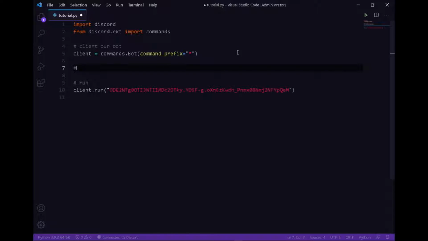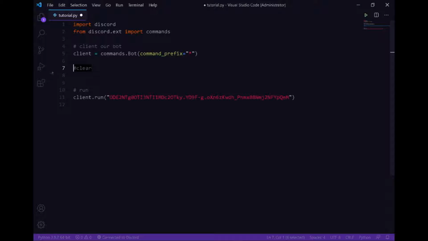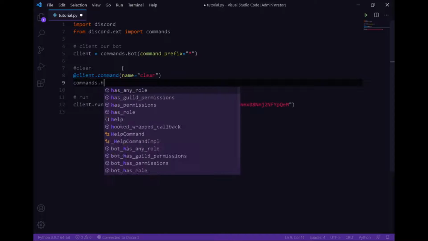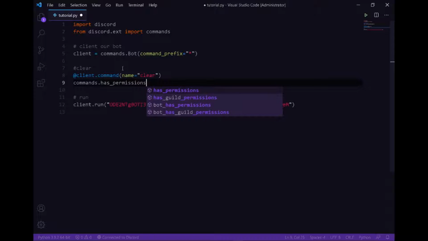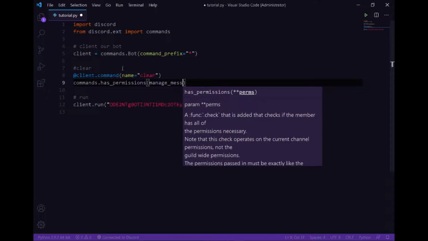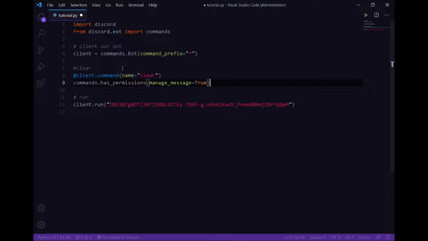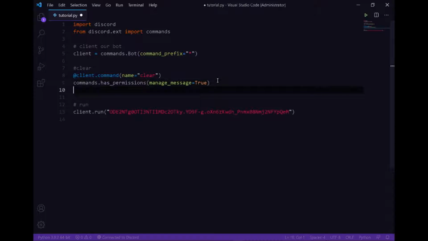So here, hashtag clear is a remark. Now here write client dot command, name equals, within quotation write clear. Now commands dot has_permissions, manage_messages equals true. What this will do is it will allow only those people in your server who have this permission. So yeah,